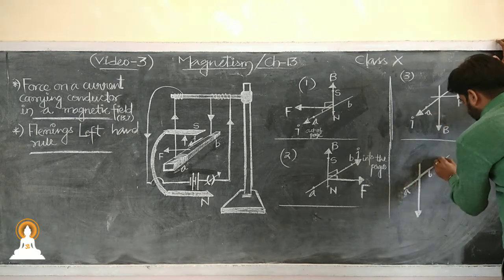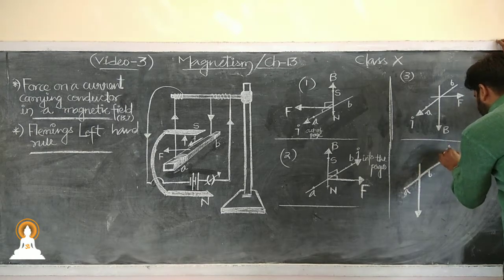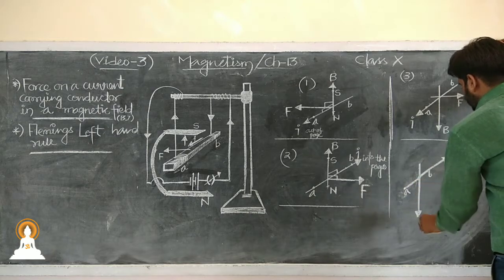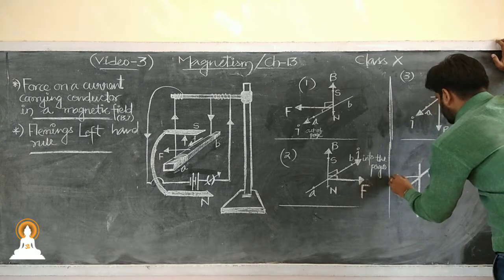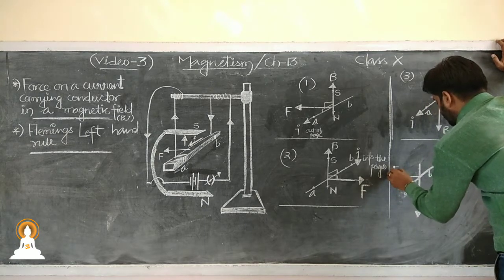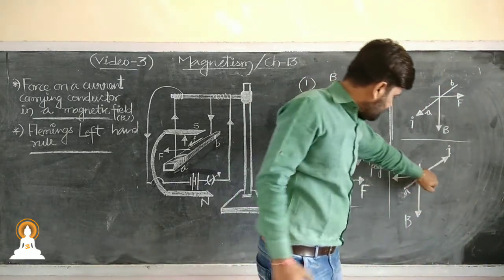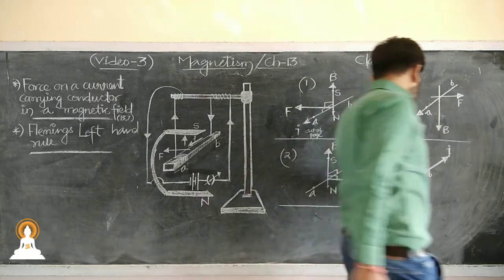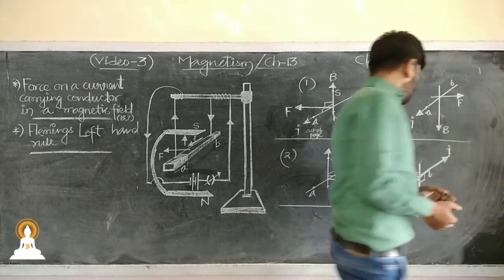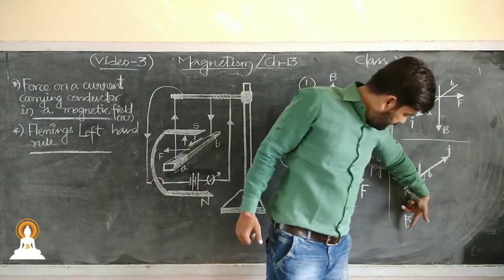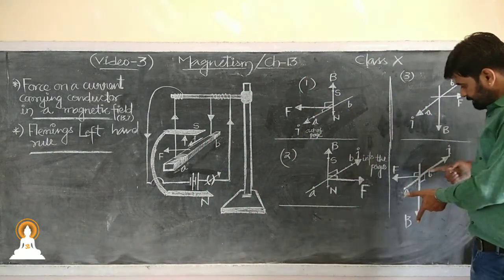That is A, and this is the direction of flow of current. Now, in this case, we see that the force is reversed. The direction of force is like this. So now let us see experimentally the direction of force is like this. This is at 90 degree and this is also 90 degree. Again, this is the magnetic field, this is the direction of current, and this is force.